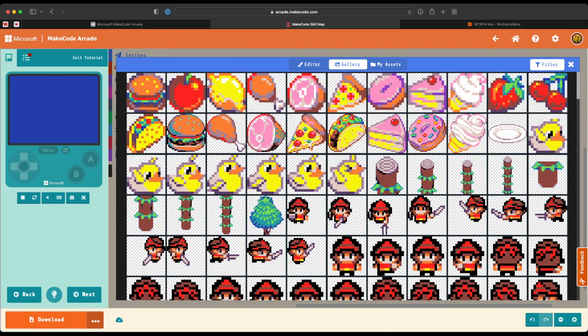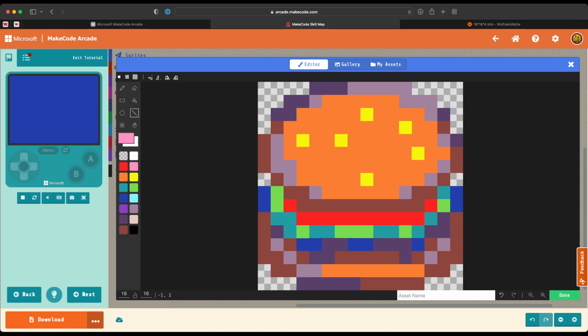And you can tell the difference usually. So what's the difference between this hamburger and that hamburger? Yeah, this hamburger has more pixels than that one, which means that it can be a little bit more detailed in how it looks. All right, so for the sake of example, I'll pick that hamburger, which